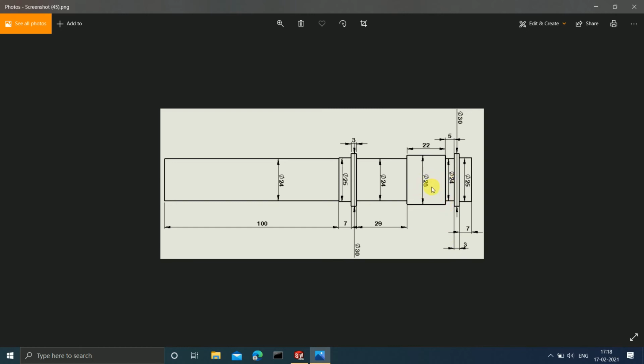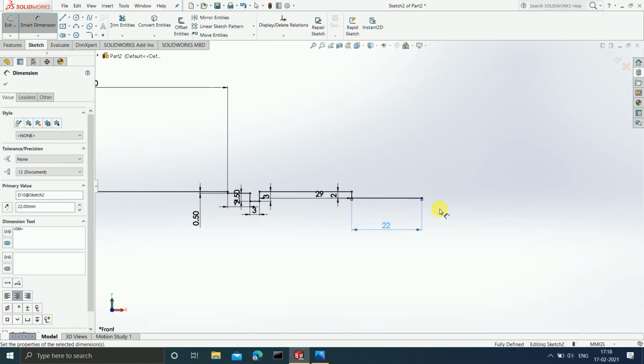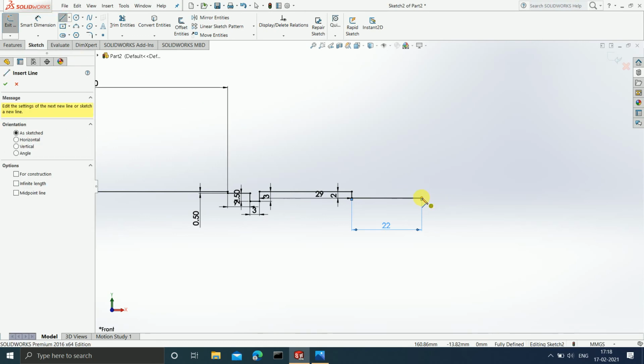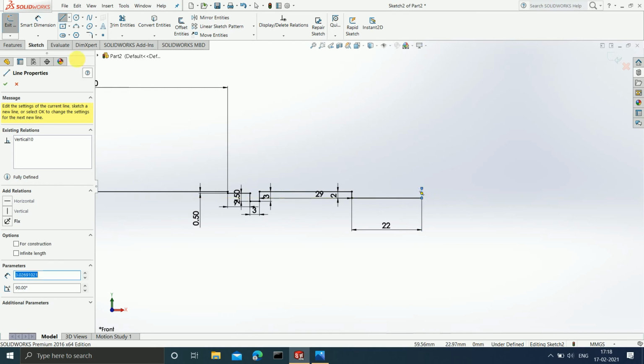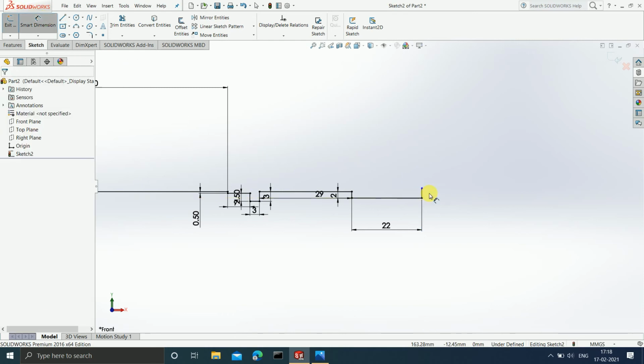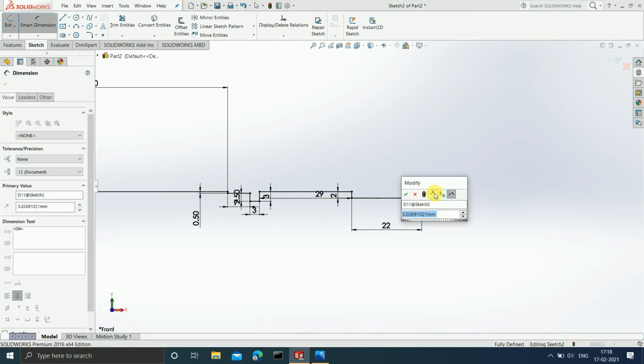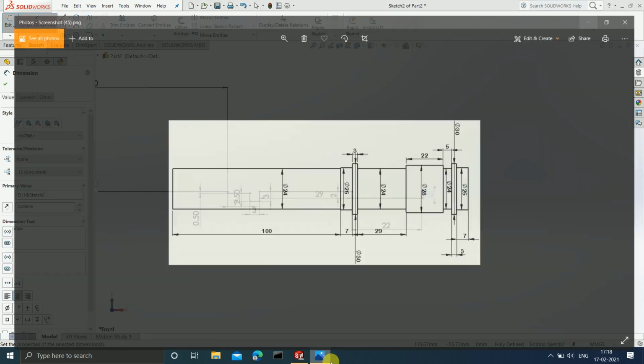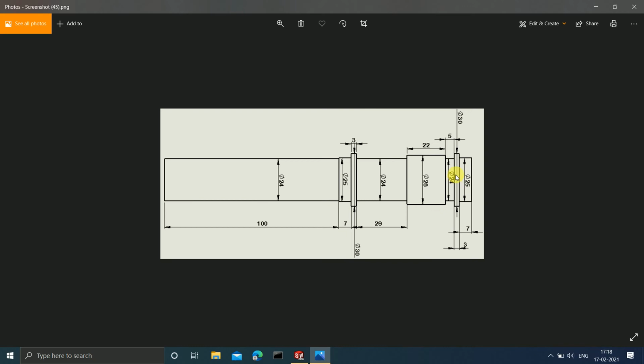So the diameter is now decreased by 4, so the radius will decrease by 2. Since it is decreasing, I will draw an upwards line, and it has to be 2. Just have patience, guys. I know it is a bit boring, but once you understand this, it's going to be very helpful as well. Now the thickness is 5.